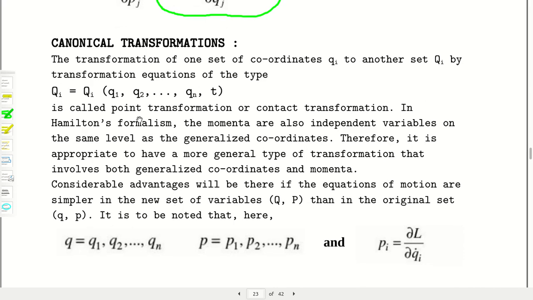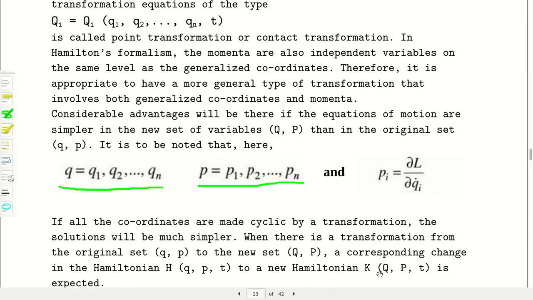So we are avoiding such symbolic complications, and we call capital Q the new coordinates and small q the old coordinates. You should understand that small q means those n old coordinates, and capital Q means the n new coordinates. And here p is the canonical conjugate momentum for the old coordinates, and capital P stands for the same for the new coordinates. Okay, and Pi is related to, we know that equation.